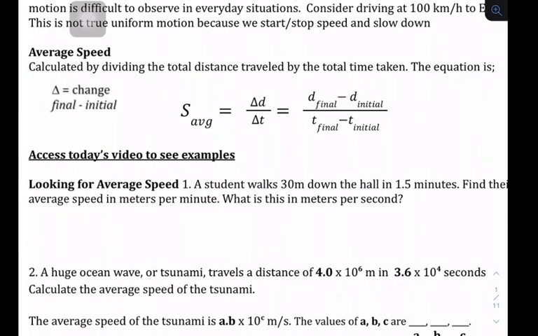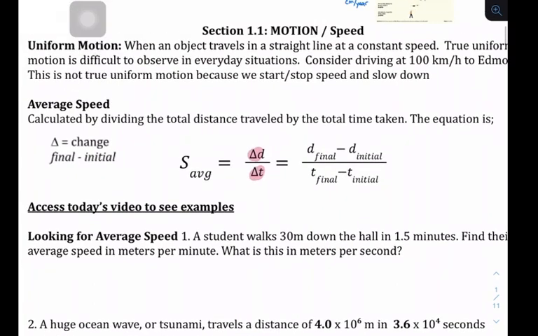So we use this equation, which is distance divided by time. We use this equation to calculate speed. It says here average speed, and that's because it's tough to keep a consistent or uniform speed. If we think of different things that we do, whether we're running, our speed varies. If we're driving, say from Fort McMurray to Edmonton,